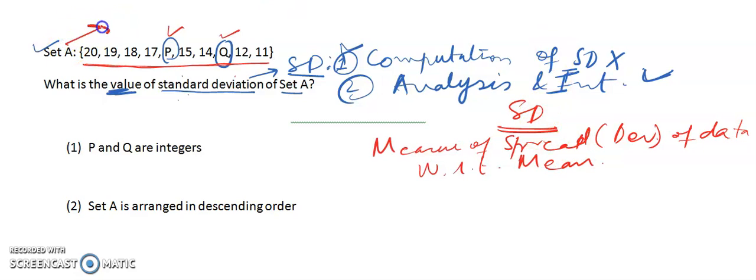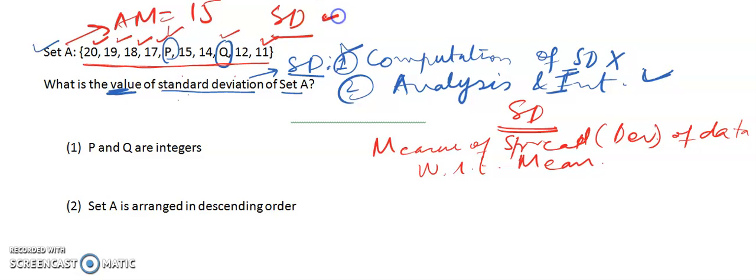What it means is, say the arithmetic mean of this set is 15. The 20 is deviated by 5, this is 4, 3, 2, and this one is deviated by -6. So multiple values of deviations are there. If we could devise a formula consisting of all these deviations, that specific formula is beyond the scope of the GMAT, but we are able to reach a single value considering all the deviations, and that single value is called SD, or standard deviation.